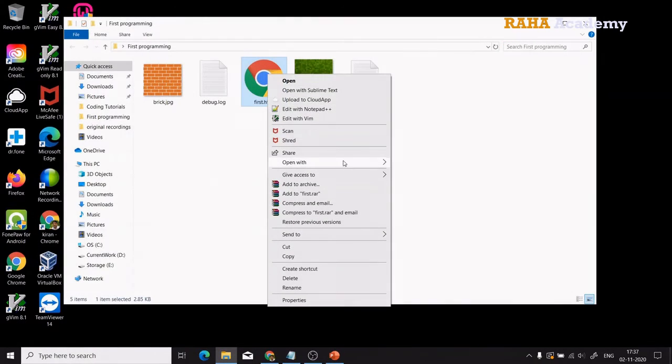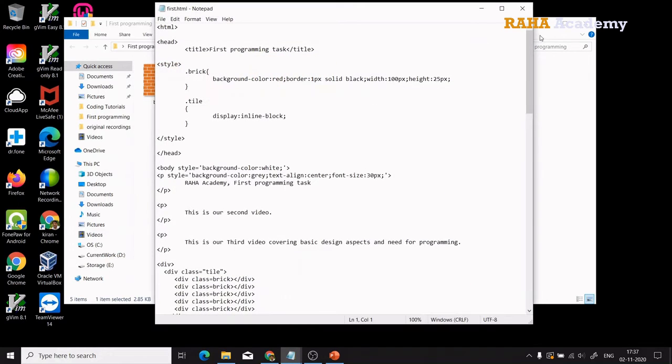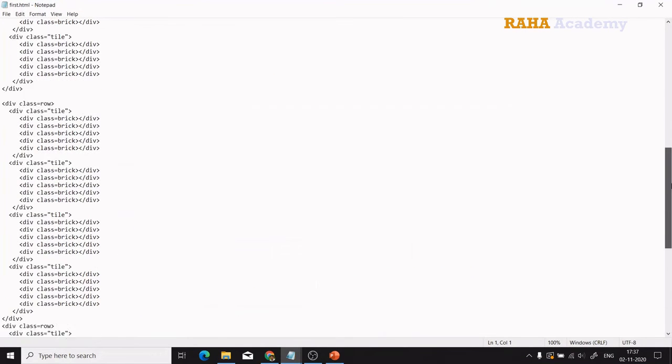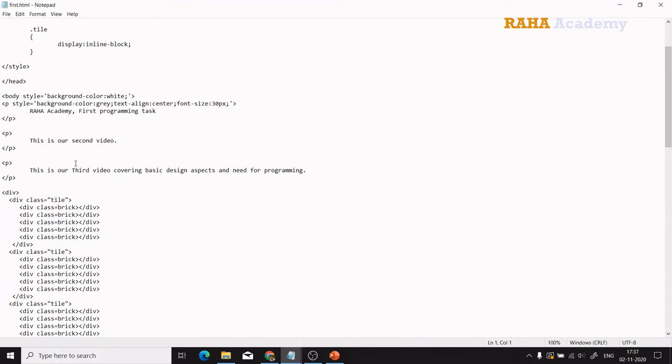Let's open first.html and we'll open it in Notepad. Even though Sublime Text and Notepad++ are much better editors, for this first coding class we'll use only the native app that comes with the laptop and PC. So we'll open it in Notepad. So yeah, this is where we are. Let's copy this